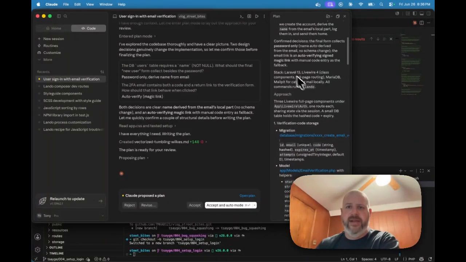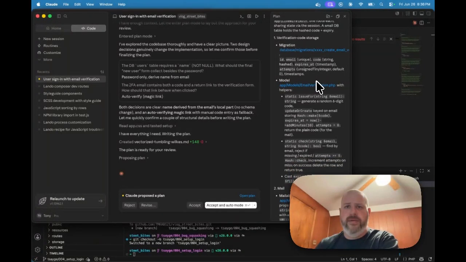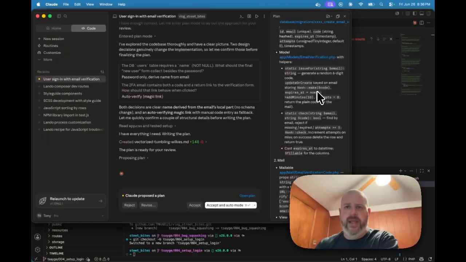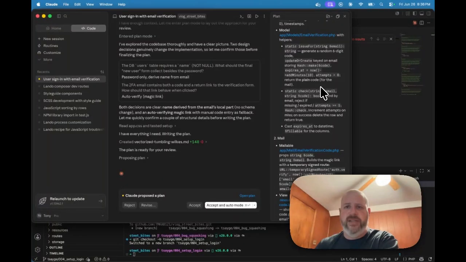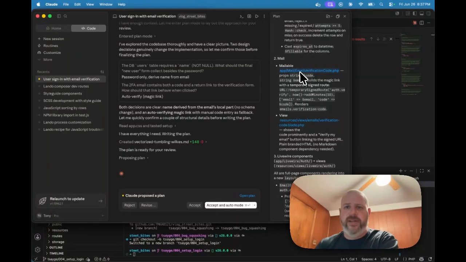So that is great. Laravel, Livewire. So 3 full-page components. That's what I'm hoping for. 3 full-page components, each under app Livewire Auth, 1 route each. It looks like it's going to use the database and use PHP directly to store those. And it will use built-in models for email verification and just extend them a tiny bit. It's going to use a verification code PHP class that it builds to set a